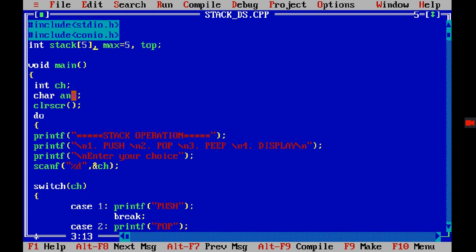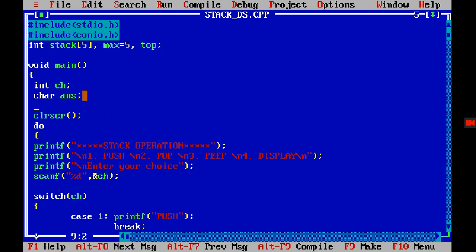Now the other thing you need to do is initialize the top value. Top value you need to initialize, that is top is equal to -1, right? Why do you need to initialize top is equal to -1? Because initially, whatever you are having, the top's value is -1, because your stack is empty, right? That's why top is equal to -1, right? So this thing you are having.